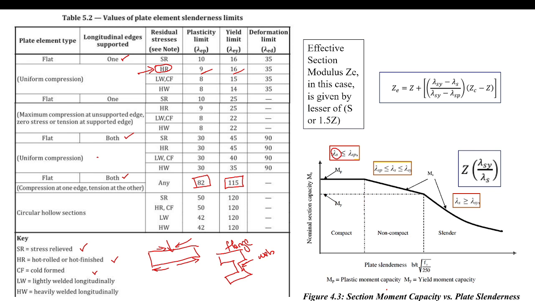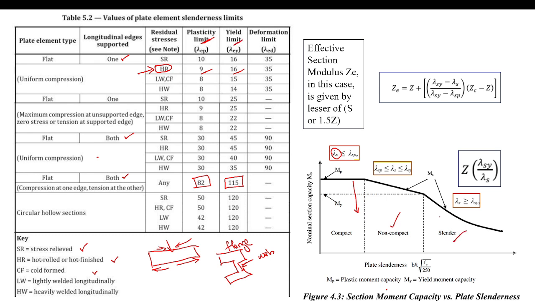And if the slenderness is less than or equal to lambda sp, sp is nothing but the plastic limit, then that type of section is known as compact section. Okay, so the yield as well as the plastic has a different moment capacity. Next, if whatever slenderness ratio we calculated is lying between the plastic limit and the yield limit, then that type of section is attributed to non-compact. And if the slenderness ratio is greater than or equal to lambda sy, then that is called as slender